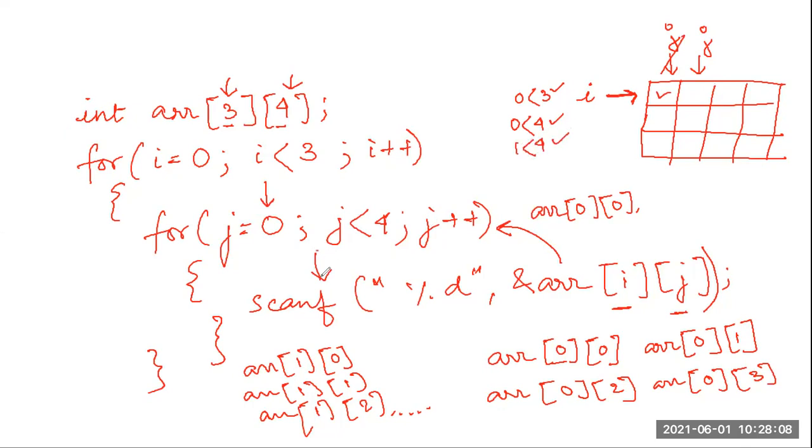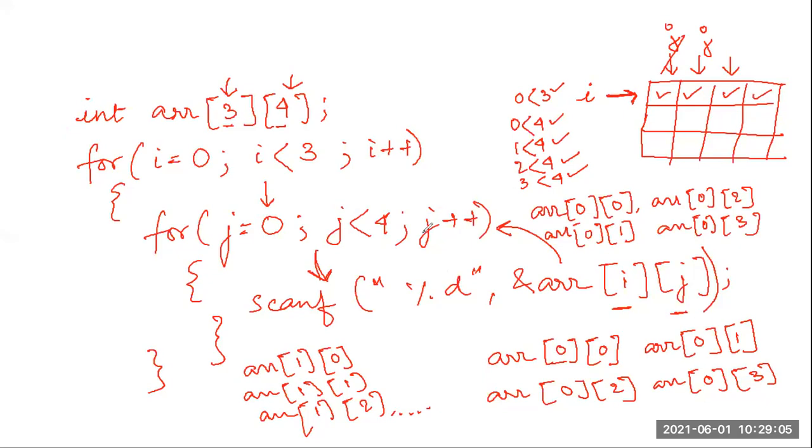If 1 is less than 4, again we will go inside and we will enter something in the array of i and j. The value of i was 0 only, but the value of j is now 1. That means array of 0, 1 location, put the next value. Again j plus plus, j from 1 is now 2, right? 2 is less than 4, yes. Array of i, j means array of 0 and 2, put the next value. Again j plus plus, j from 2 became 3. 3 is less than 4, yes. 3 is less than 4, condition satisfied. Array of i, j means array of 0, 3, put the next value. Now j is incremented and became 4.